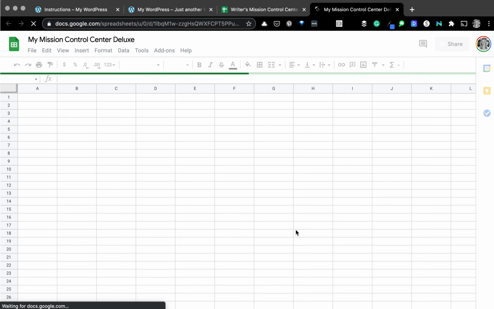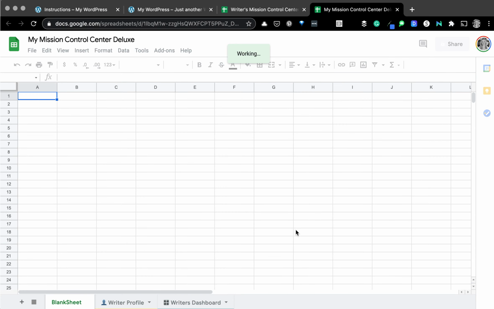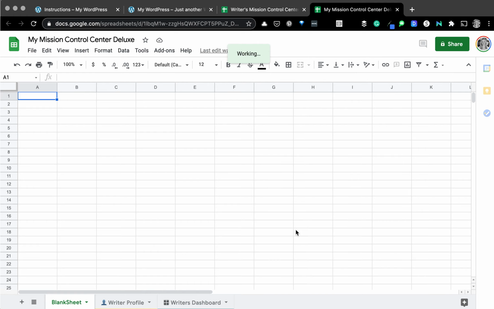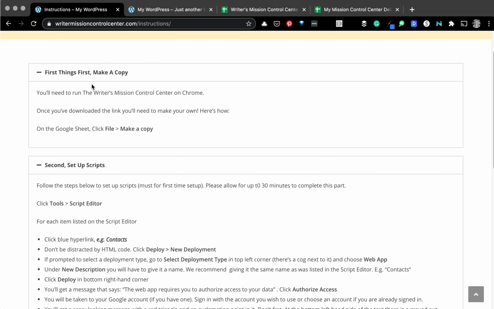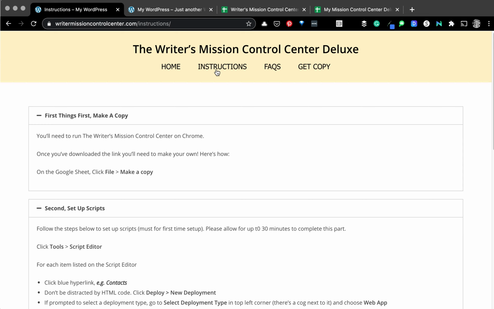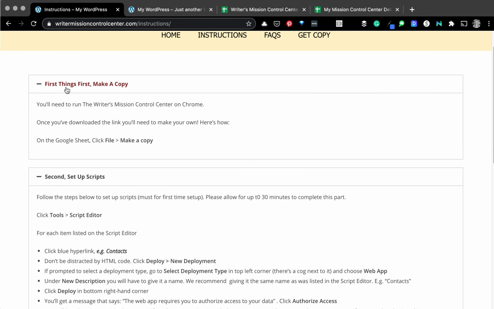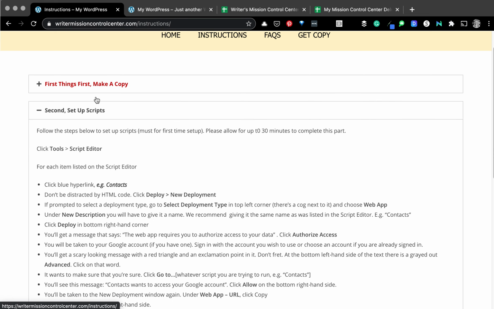And what you need to do to first set up the sheet is to set up the scripts. And it's a little bit time consuming at this point, but you only have to do it once and then your sheet is set up forever. The instructions on how to set up the scripts are on writermissioncontrolcenter.com under instructions. And so we have done the first things first, which is make a copy, and now we'll